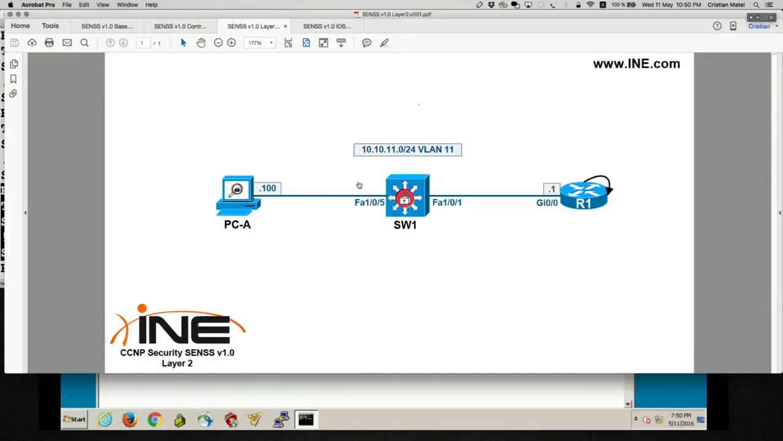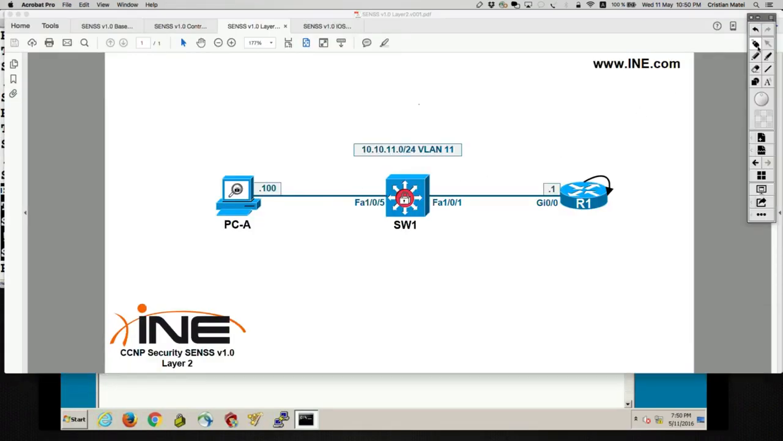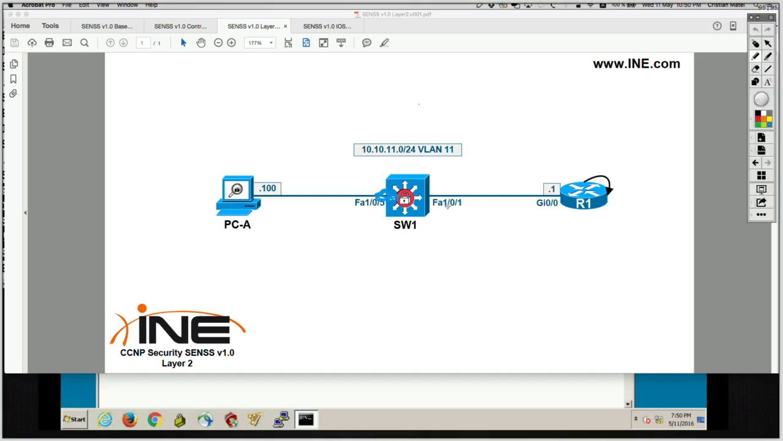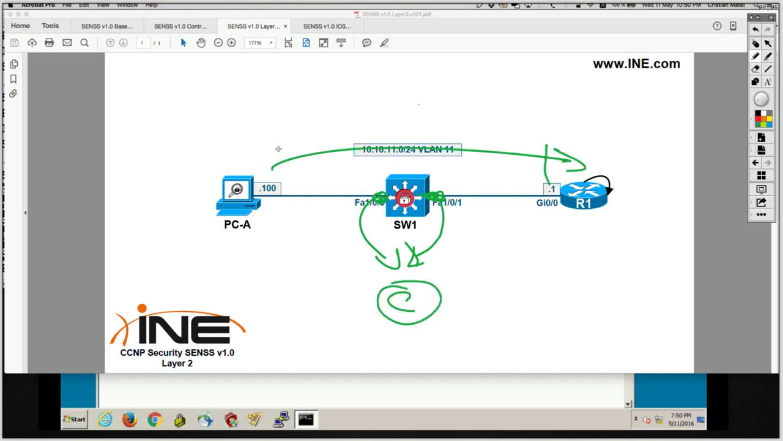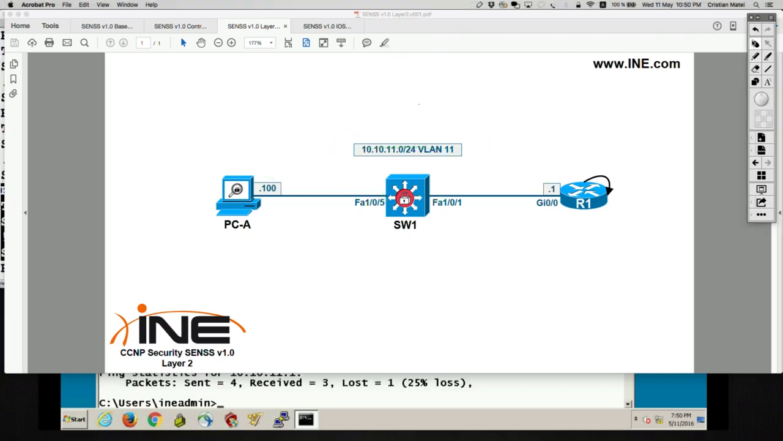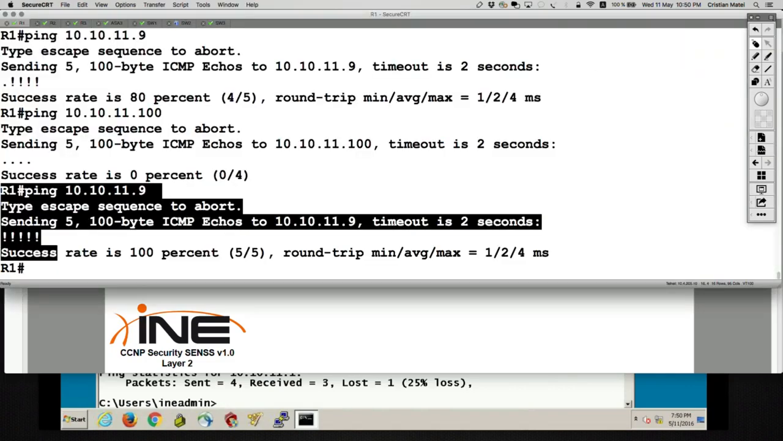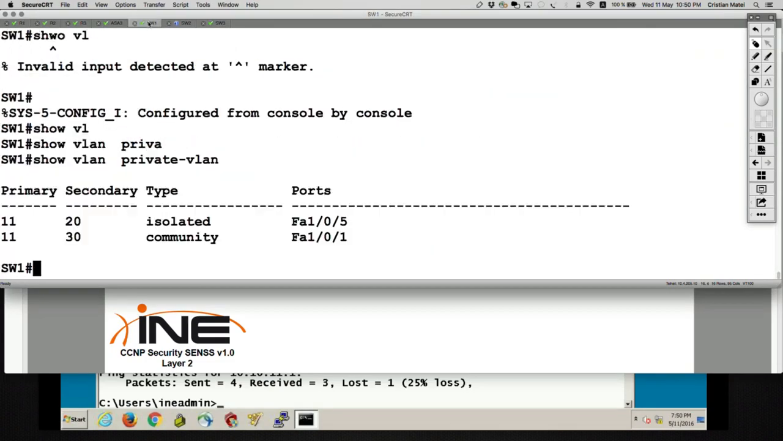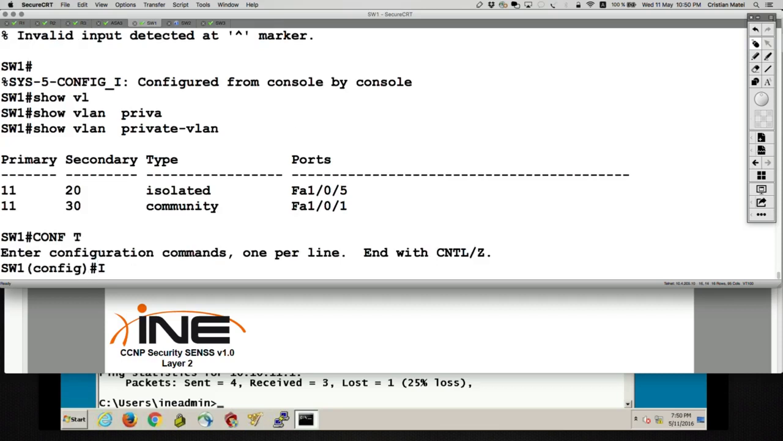Now the final step is going to be to put both of them in the community VLAN, both this port and this port, to be in the community VLAN, which means they're going to be able to speak in between because they are members of the same community. And also, of course, with the promiscuous port, which is switch 1's SVI. So let's go on also on switch 1 and put also PCA into the